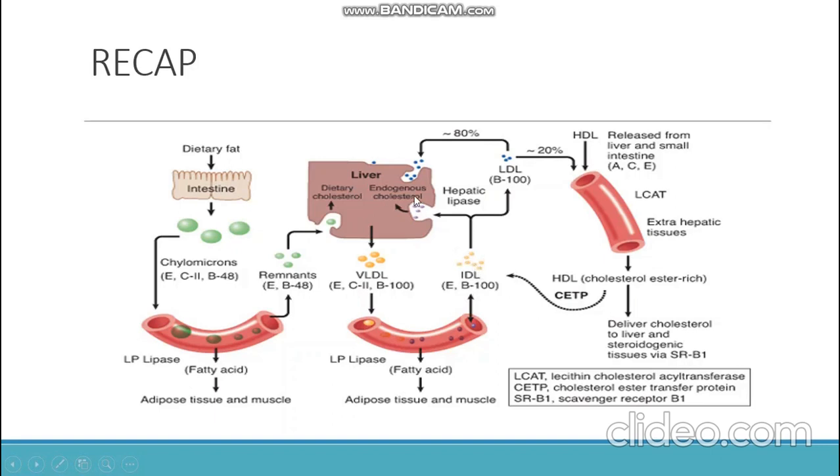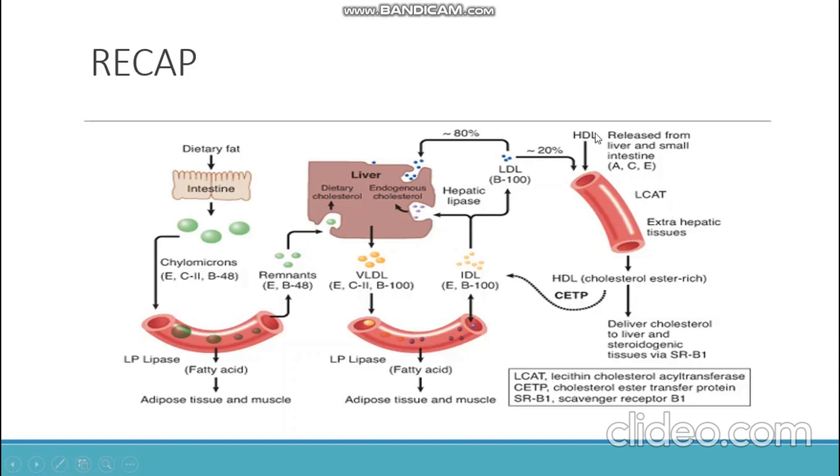अब ये IDLs, कुछ half of these get reabsorbed by the liver via your apoprotein E specific receptors, and almost half of them get converted to LDL जिसमें सिर्फ आपका apoprotein B100 है, और ये LDLs फिर obviously supply cholesterol to your other extrahepatic tissues. अब जो HDL है, this is released via liver and small intestine, इसमें A, C and E है specifically apoprotein A1 और phospholipids भी,